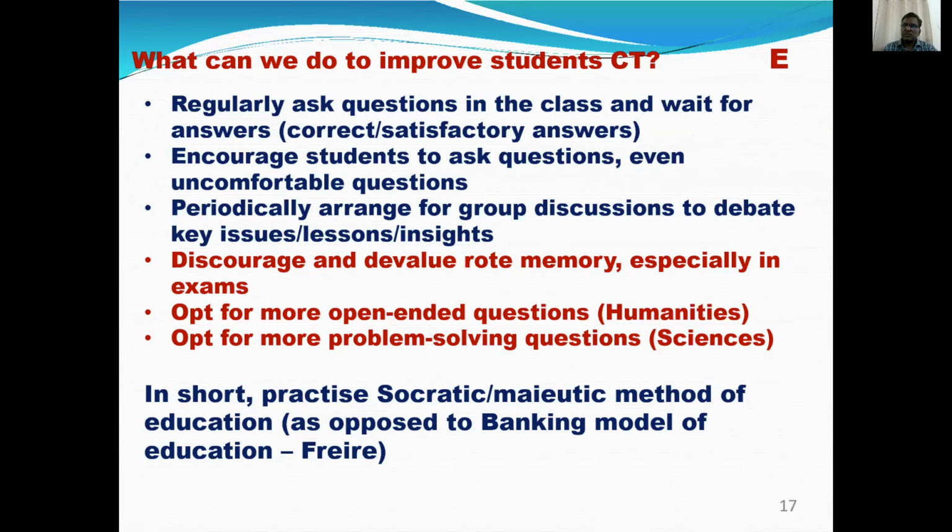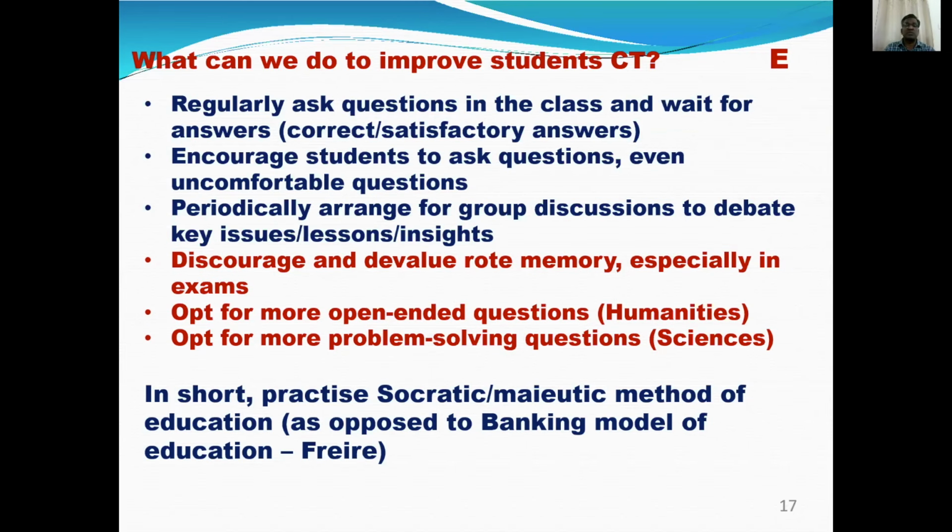the transaction inside the classroom could be in the form of questions and answers. Instead of the teacher talking all the time, instead of a monologue, it could be at least occasionally, if not the entire 45 minutes or the entire 60 minutes, at least on and off, the classroom could be converted into a question and answer session or a platform.